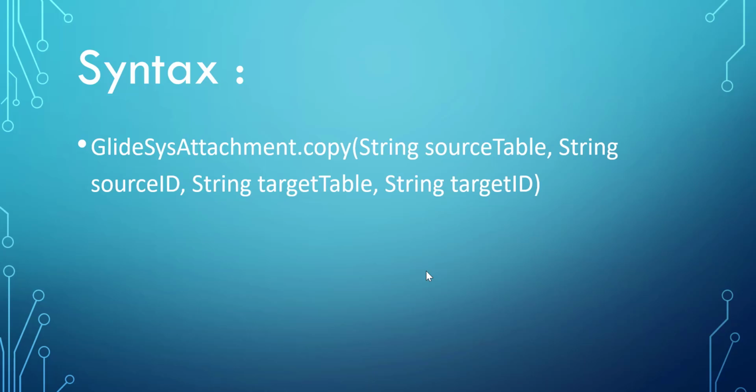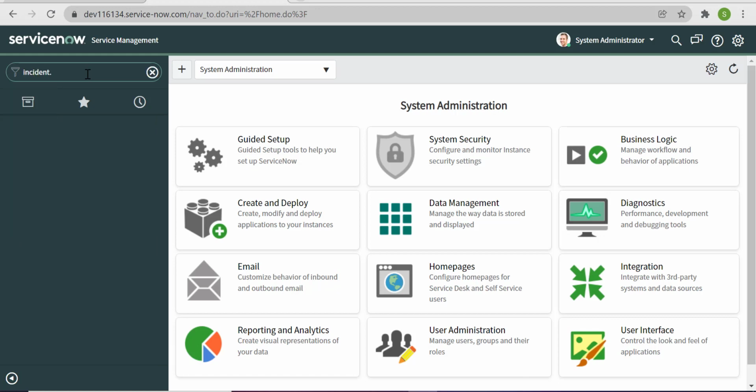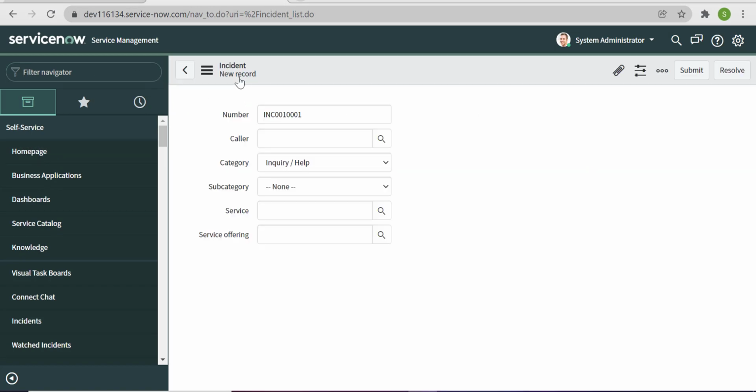So for implementing this, let's go to the instance and open incident.list and just create one new incident here.